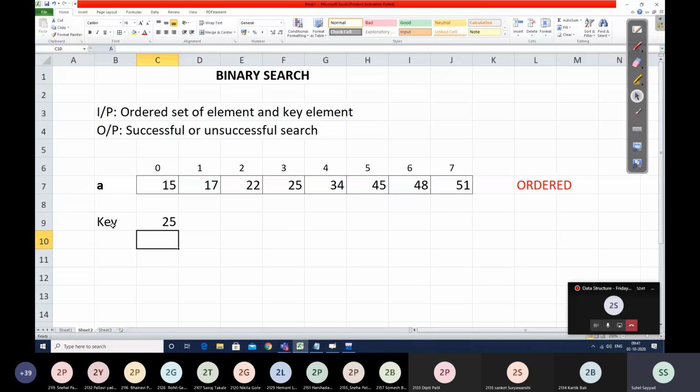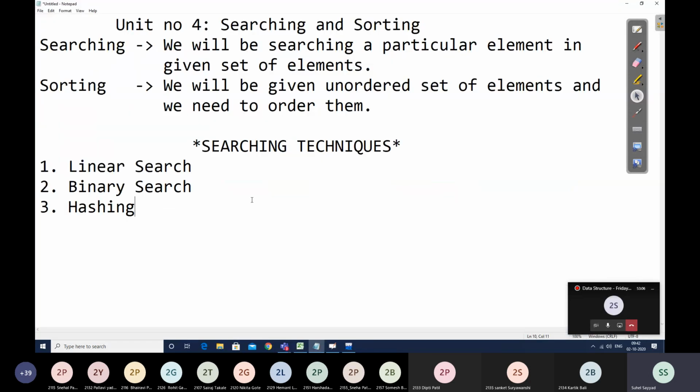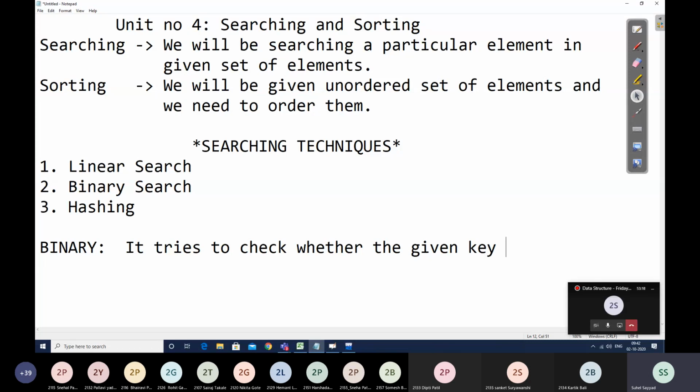Now, what is the logic of binary search? First, I'll tell you. Binary search tries to check whether the given key element is present at middle position.